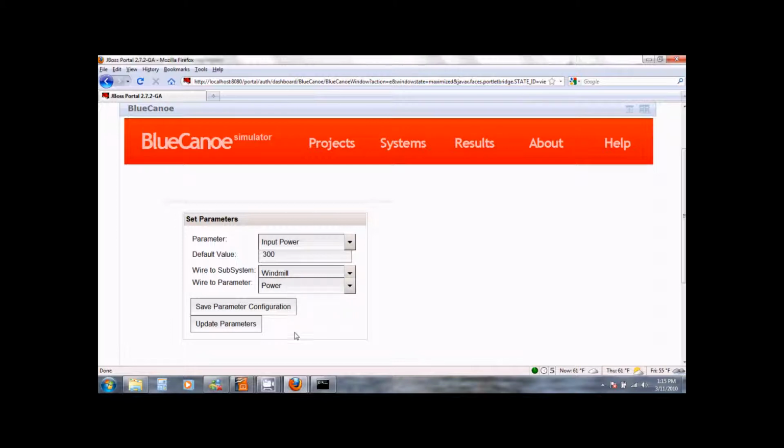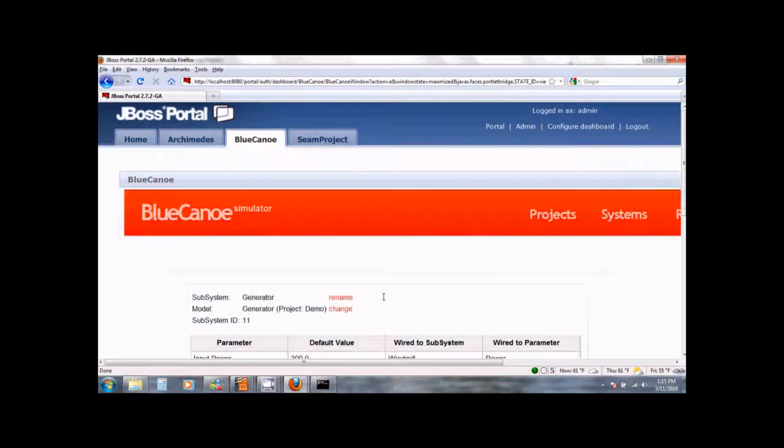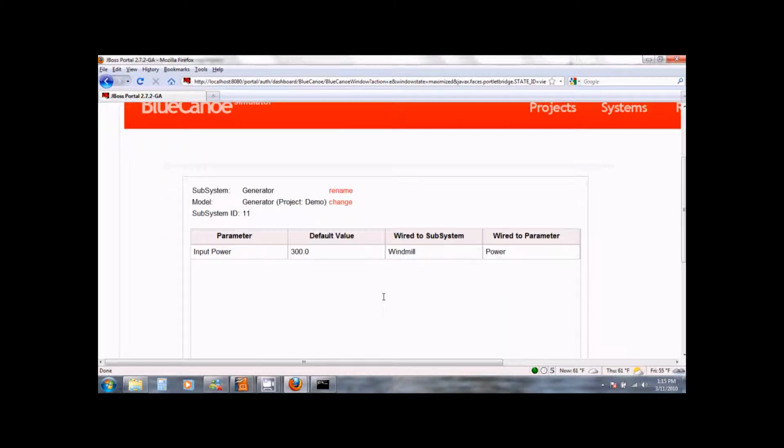By doing this, what we are trying to tell Blue Canoe is that the value for input power of the generator should come from the power parameter of the windmill. So we click on save parameter, and we can see that our changes have taken effect.